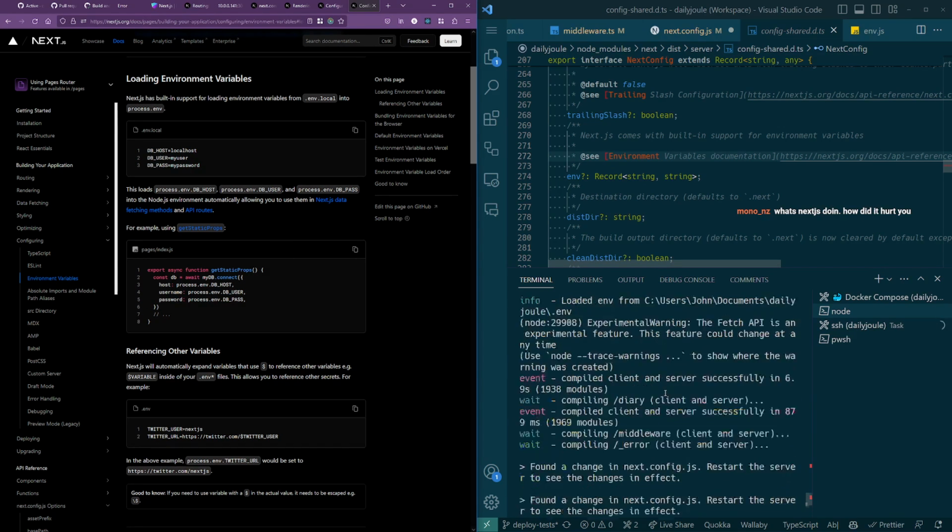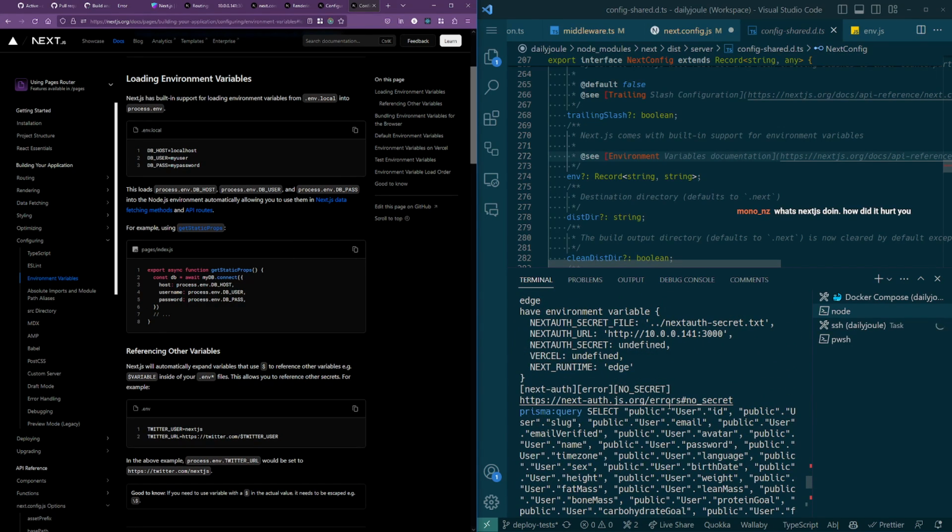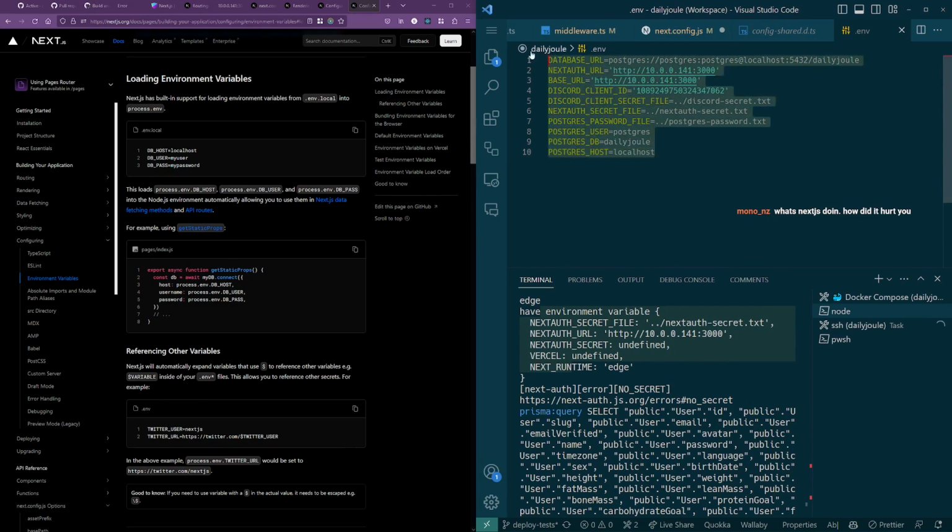Right, so here it is. In the edge environment, we have a bunch of them defined. Here we go. All this stuff. But only these things are coming through, which could be fine, except for the fact that,